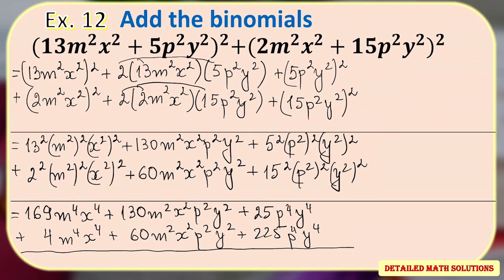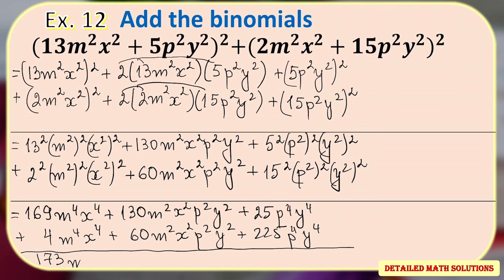As a last step, I need to add all like terms. Like or similar terms are the ones that have the same literal parts. So for this exercise, we have the first two terms of each expression, the second two terms of each expression, and the third two terms of each expression. They're all like terms. Therefore, I can add them, and when I do that, I get